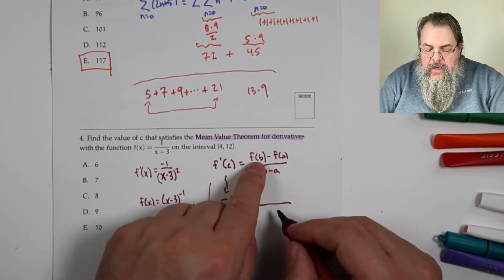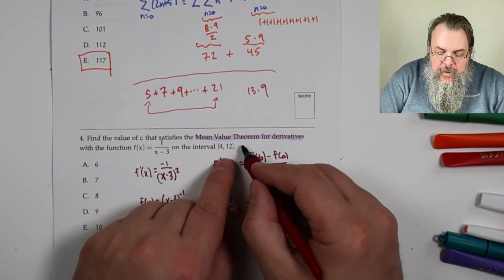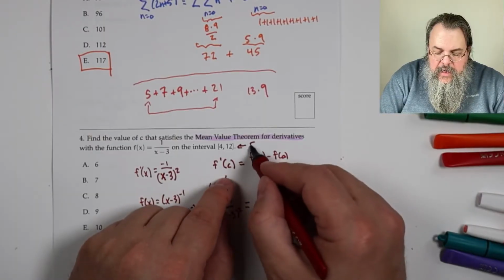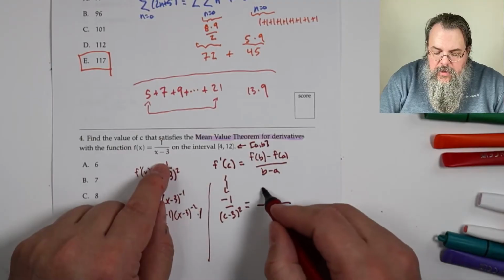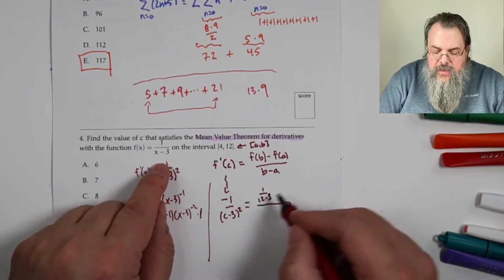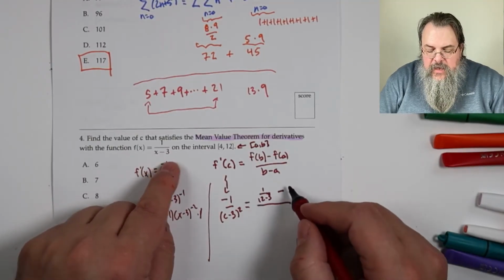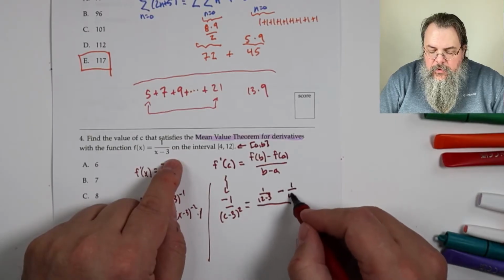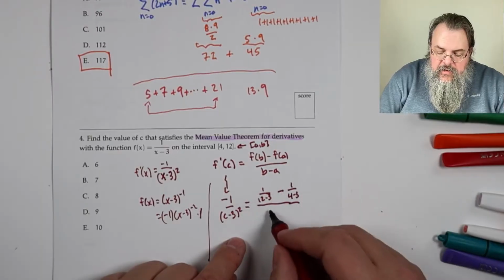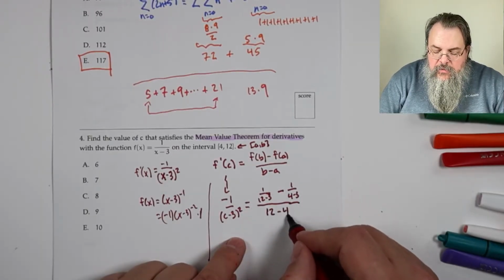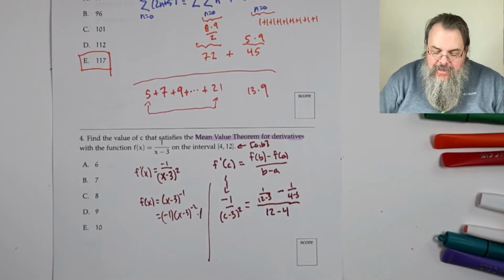well, now we have to do f of b. So that's, here we have this is our a, b. So f of b would be 1 over 12 minus 3. Subtract f of a, 1 over 4 minus 3. And then we're going to divide by b minus a, 12 minus 4. Okay, well,